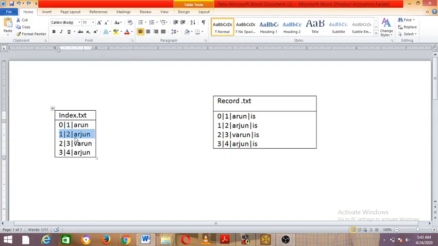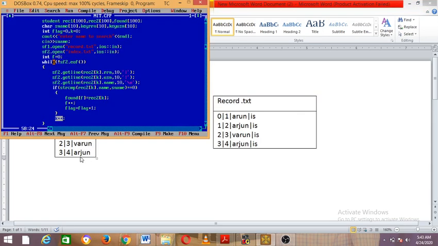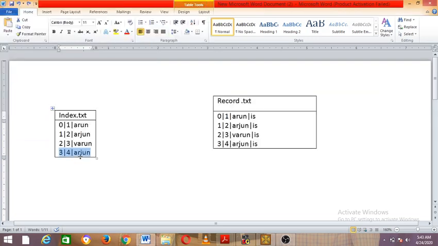Means what happened here is this particular row and this particular row are copied to another object with the name found. This is found of 0 and this is found of 1. Actually, rec2 of 1 and rec2 of 3 are copied to found of 0 and found of 1, these 2 records, because the two have the same name, Arjun. If it is only 1, no problem. Got it, right? So now I'll just write it here.